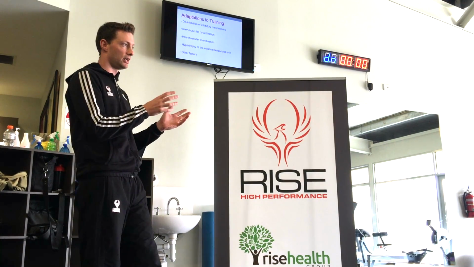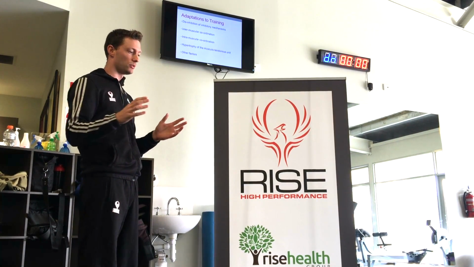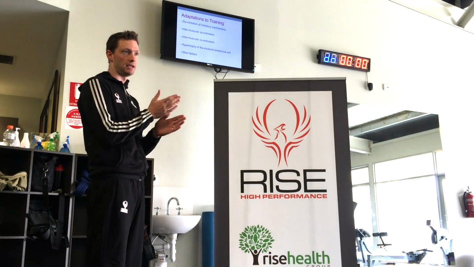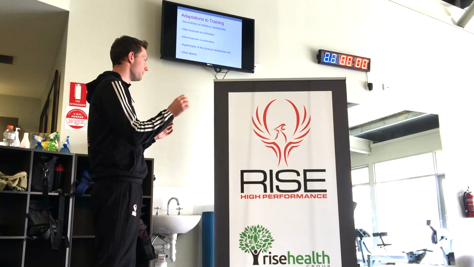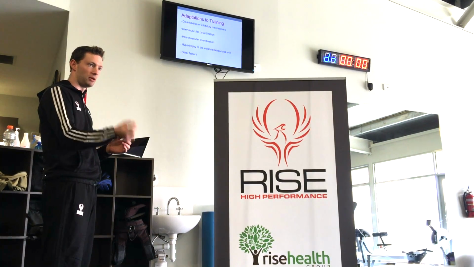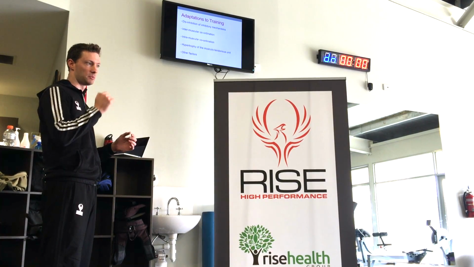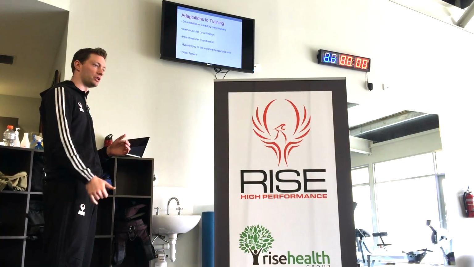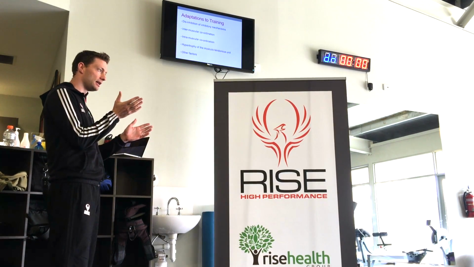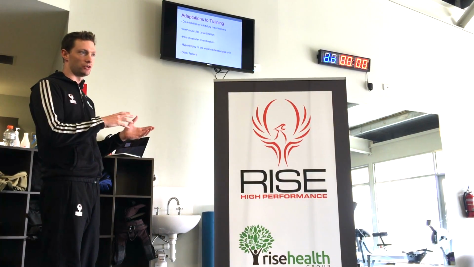Intermuscular and intramuscular coordination, I sort of touched on this a little bit here as well. Things like reducing co-contraction of agonist-antagonists, the rate at which the nervous system is firing to produce efficient muscle contraction, and what muscle specifically, what synergist, is turning on in order to create efficient movement. All these factors are nervous system adaptations to strength training.